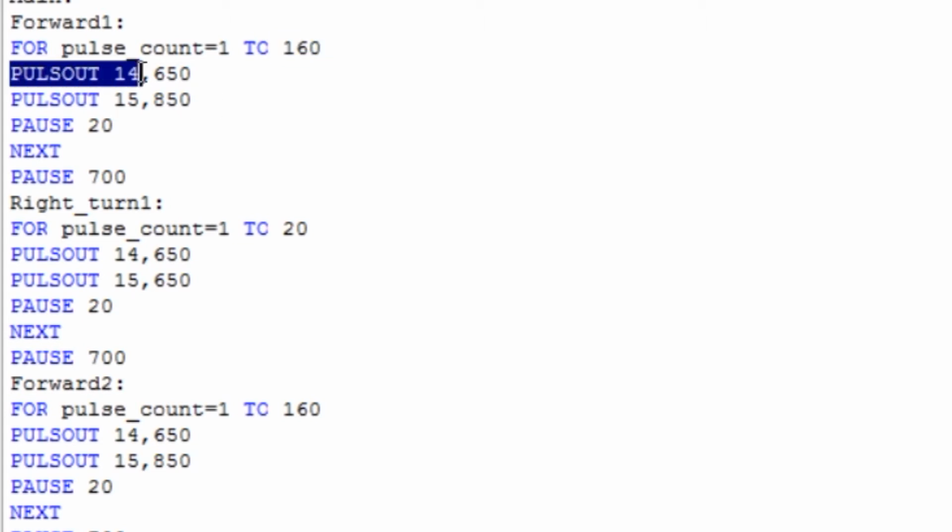Next, we are going to use a command called PULSOUT. This PULSOUT 14, 650 sends a pulse that lasts 1.3 milliseconds to pin number 14. The 14th pin of the microcontroller is connected to the left servo motor and the 15th pin of the microcontroller is connected to the right servo motor. The 650 and the 850 are the duration arguments, which are